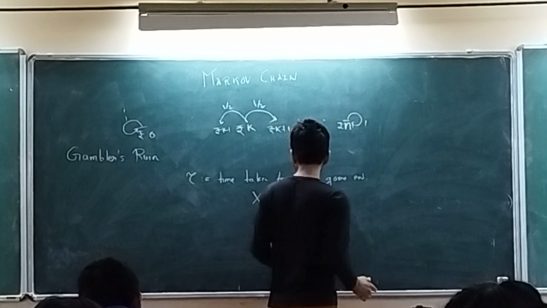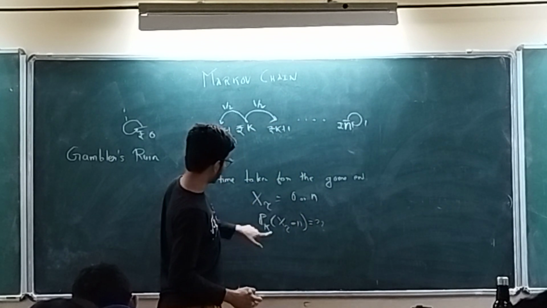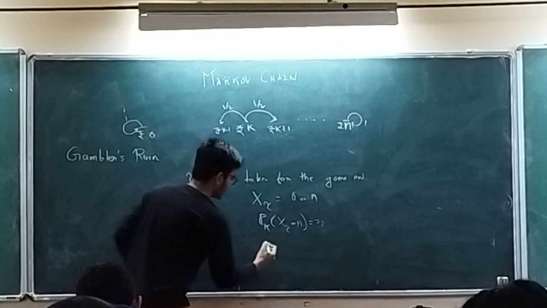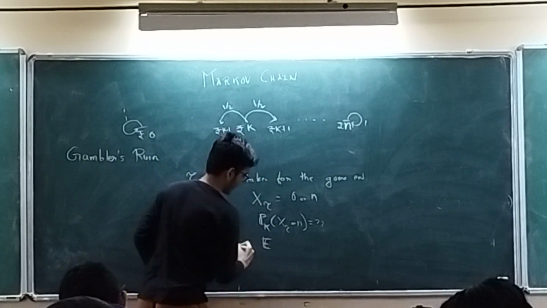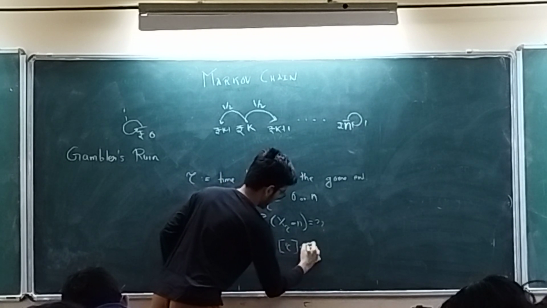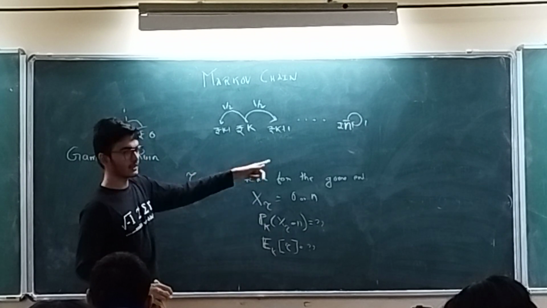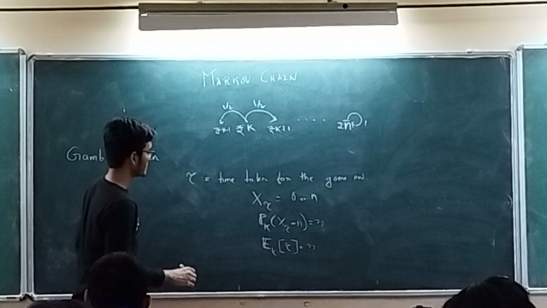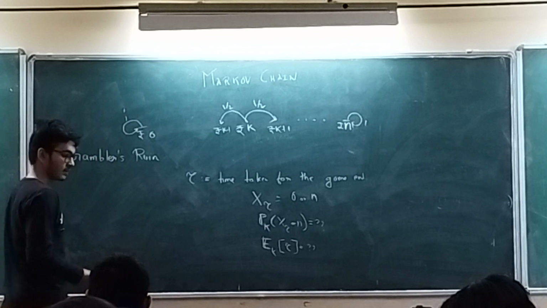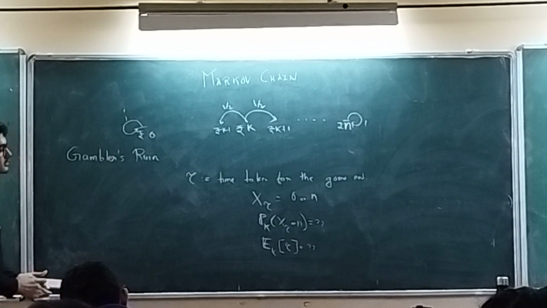So what does this subscript mean? This subscript again means that I start at k. I start at k, and what is the probability that I will win? And I am interested in another thing, that is if I start at k, what is the expected time taken for the game to end? And let's compute this probability explicitly. And once you get the probabilities, you will see that it's quite intuitive.